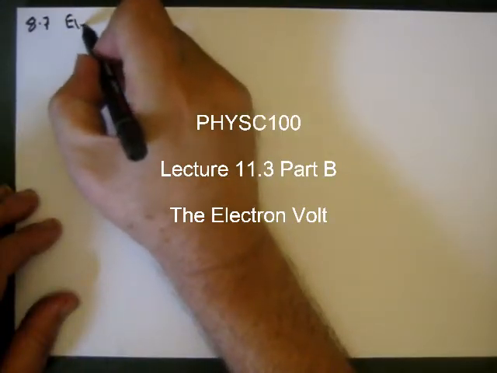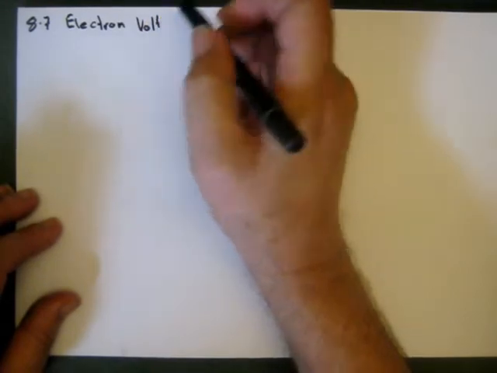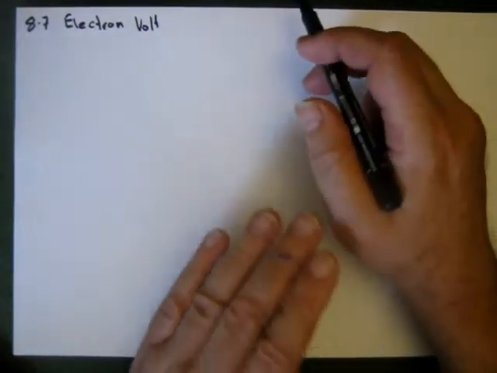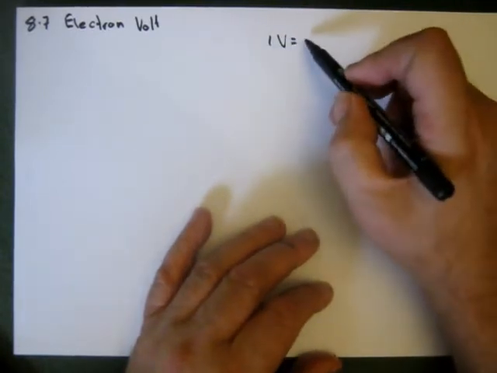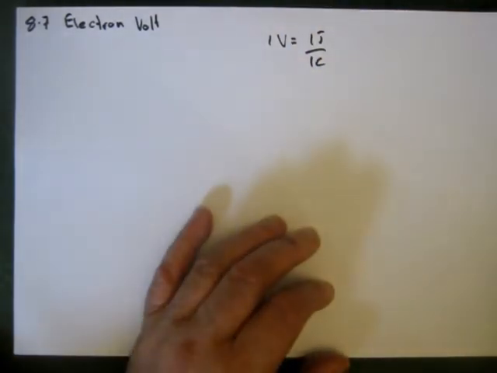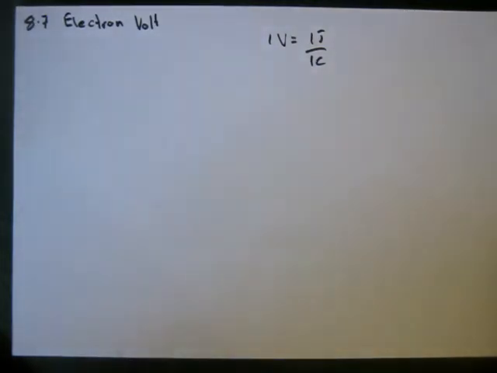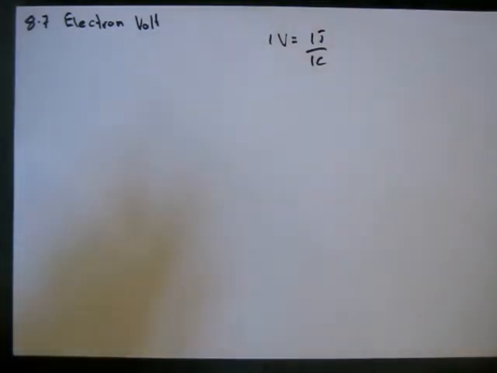So let's talk about the electron volt. Now the electron volt, well, let's go back to a volt. If we remember, when we're talking on the macro scale, 1 volt is equal to 1 joule per coulomb. Now, when we're talking about individual atoms or even individual electrons, 1 joule is a huge amount of energy. I mean, normally we're talking about something like 10 to the negative 19 joules when we're talking about the energy for